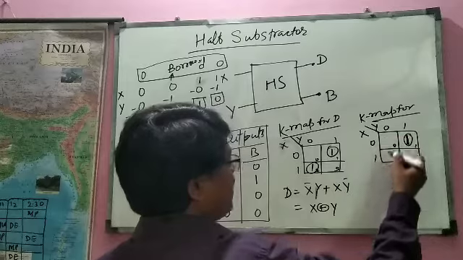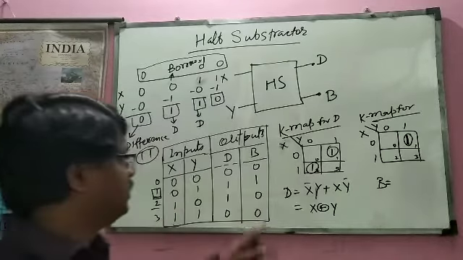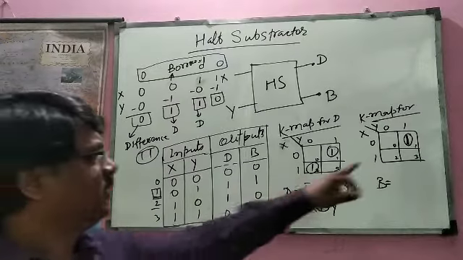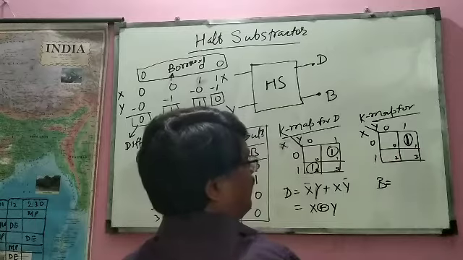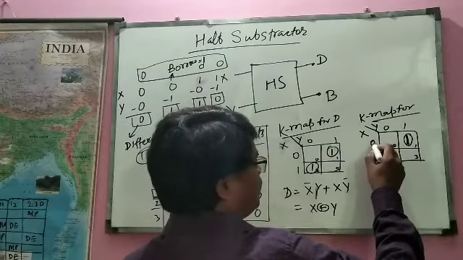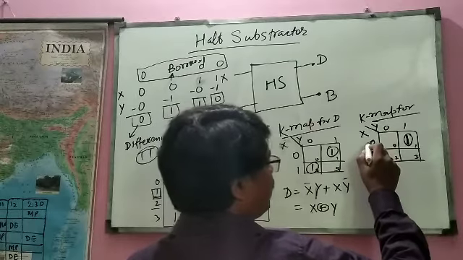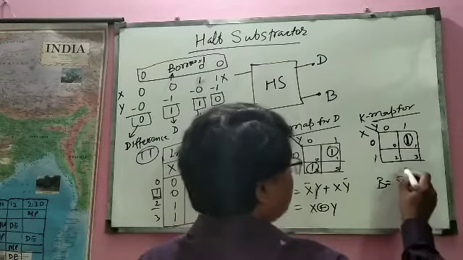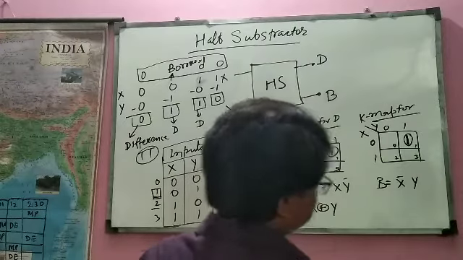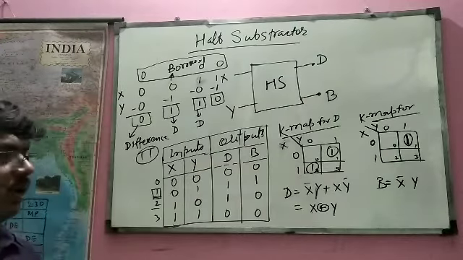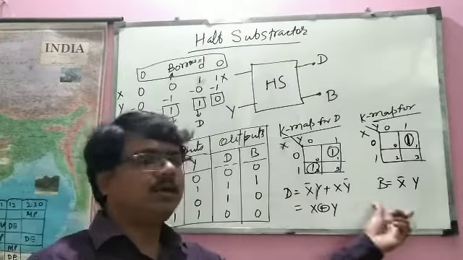By using this K-map, what will be the value of B? The value of the borrow is the only value we have to calculate. So this is a single element value. From this side it is X bar and from this side it is Y. So using these two equations, we will